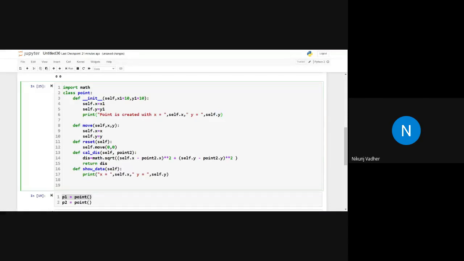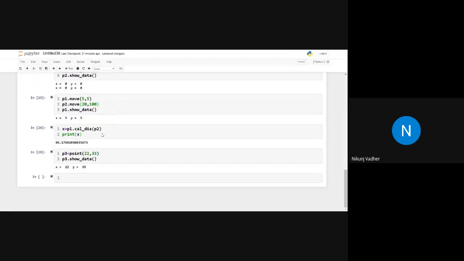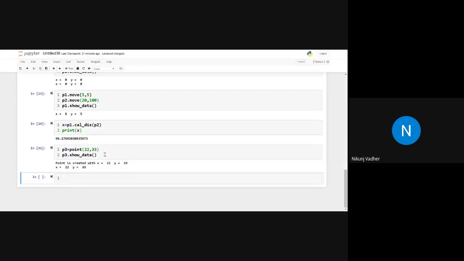If you want to display a message to the user, you can. The point is created, x is equal to 22 and y is equal to 33.